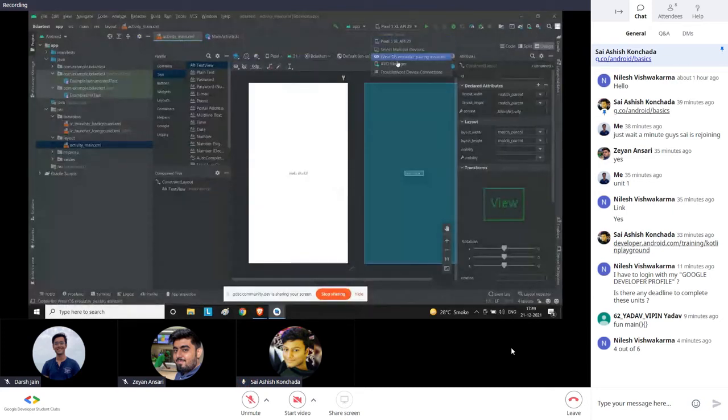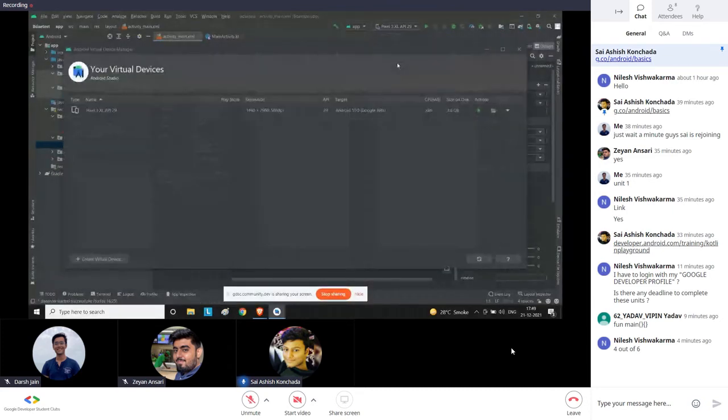That is a virtual device, an Android virtual device. What this does is essentially bring up a simple mobile device, the exact replica of a device. I have used the Pixel 3 XL API 29 with target Android APIs. I'll just show you how to do it.